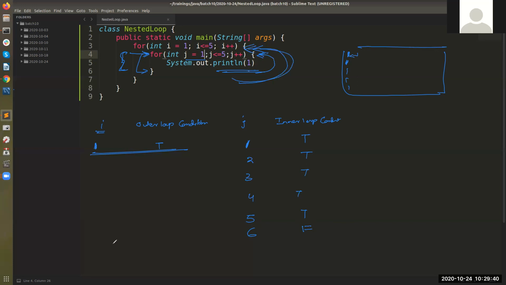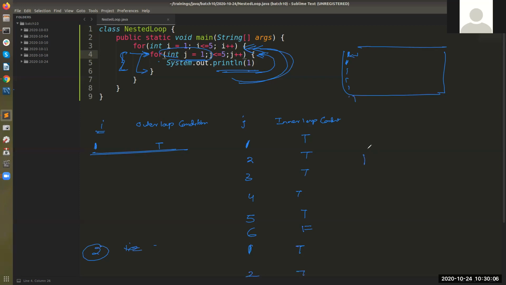Outer loop body. So here the value of i will be changed to 2. Okay. So when the value of i is changed to 2, see, your j is again starting from 1. It will again reinitialize your j. So it will start once again with j is equal to 1. Let's print it once again. So true, right? Then again, it becomes 2, true.